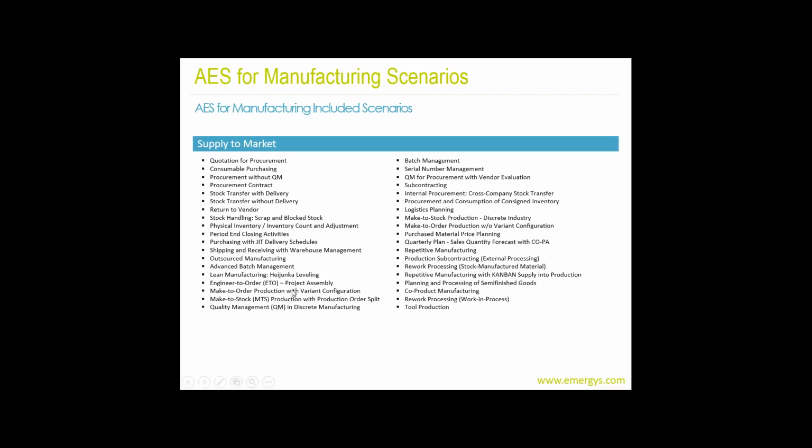So you see here, this one's with variant configurator, this one's without. So this is a true make to order. This is a make to order where a variant configurator is involved. Some people have both processes, some just have one or the other. You see some lean manufacturing, repetitive manufacturing functionality in here too that's very specific. So Kanban or Kanban, depending on where you are in the country, how you want to say that.